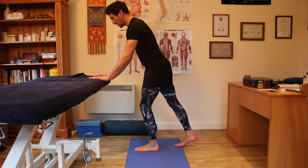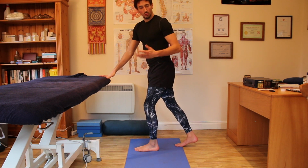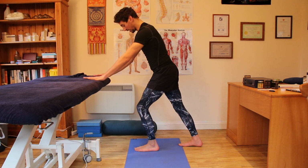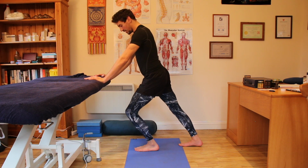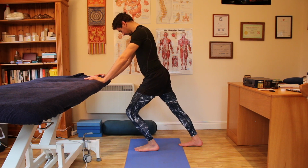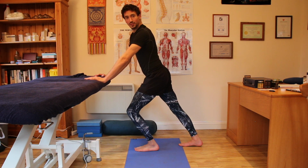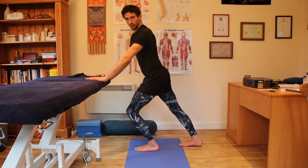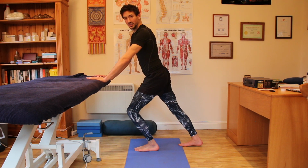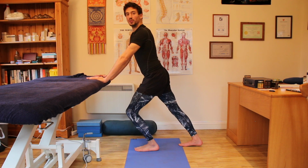So to start with, again, just taking some kind of support. This can be a table, a wall, doesn't really matter. And first, all I want to do, again, we're focusing on this front leg, is just bring that knee as far over the toes as you're able to. Now, it may not be able to go very far to start with, that's okay, it doesn't matter. Just relax into the position, keep repeating it, and eventually this mobility will improve quite quickly, especially if you're not used to doing this kind of thing before. And again, the support with the hands here is really so I can lean some body weight into this, to take the weight off my leg a little bit, to allow it to relax